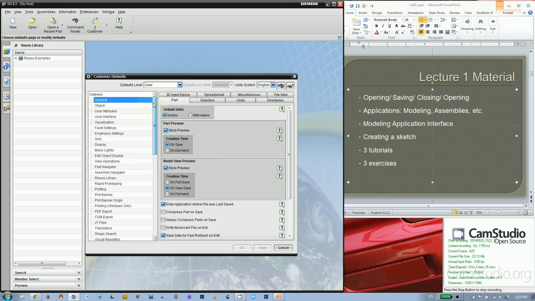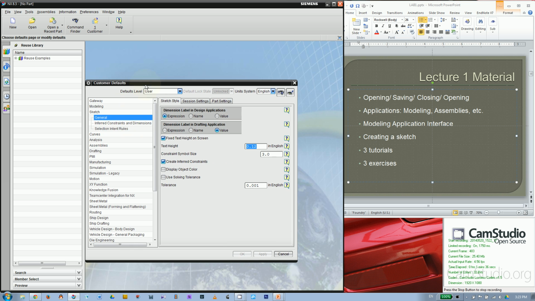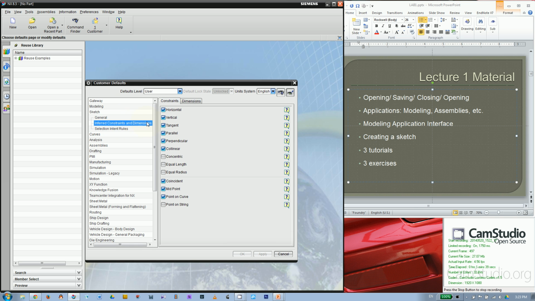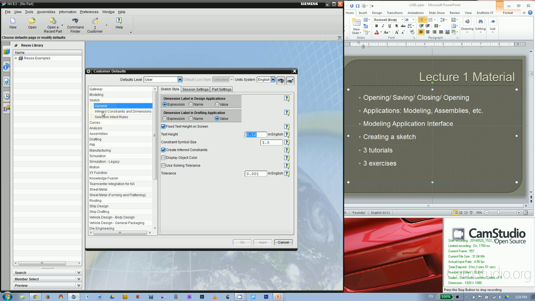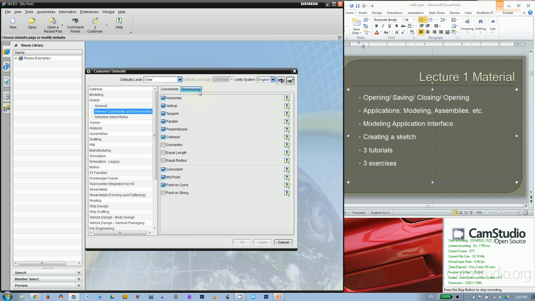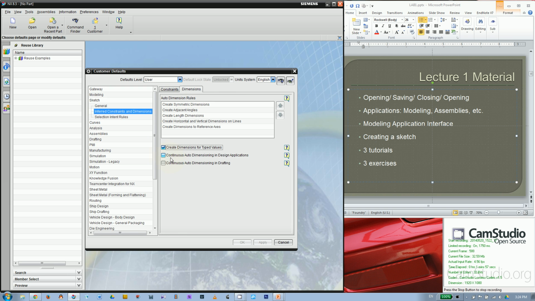The second thing you want to do is to turn off continuous auto dimensioning, which is very annoying. If you have started a sketch already, you would see auto dimensioning. So how do you turn off auto dimensioning? We go to Sketch and find Inferred Constraints and Dimensions. In the Dimension tab on the right, you want to clear this checkbox, this continuous auto dimensioning in design application. Okay, so once you clear this and hit OK,